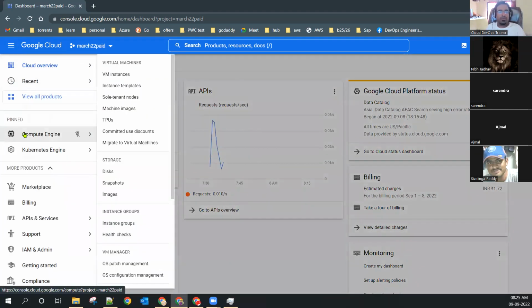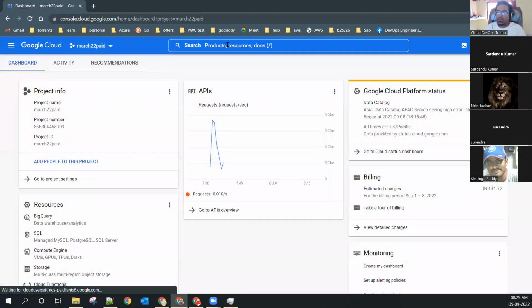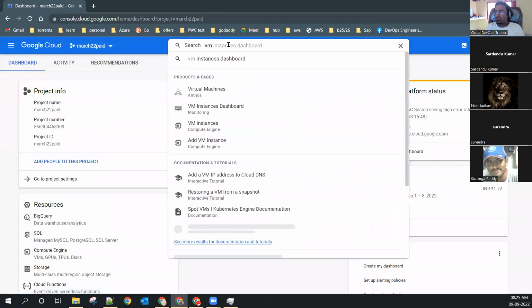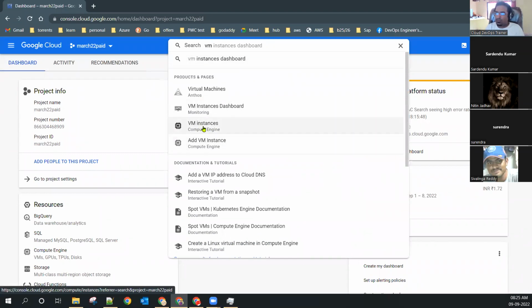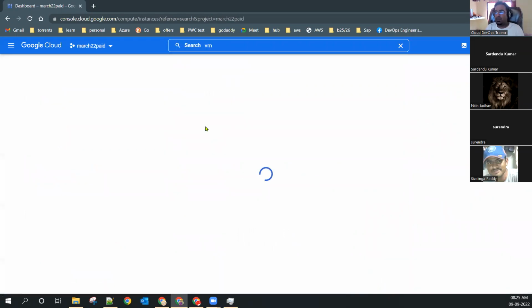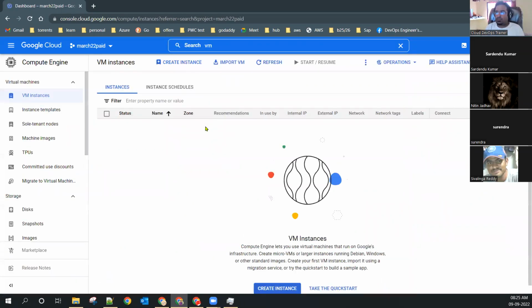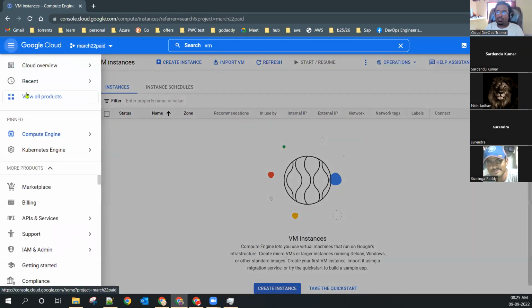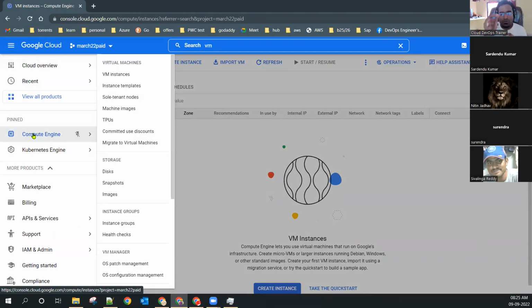Okay. In the search, I can type VM. Yes, let me try. I'm typing VM. The very third option, virtual machine instance, is the option I have to choose. I'm choosing this. Another option is to find it from these 3 dots, where Google Cloud is written; a dot option is there. We can go into Compute Engine. What do you mean by compute? Guys, give me the answer. What do you mean by compute? CPU plus memory. Yes, CPU and memory is known as compute. And engine, what is that? Virtual machine. Okay, because in a virtual machine, CPU and memory are the very primary part.